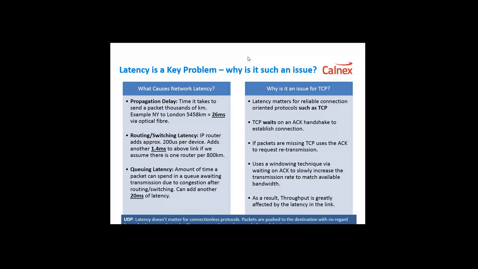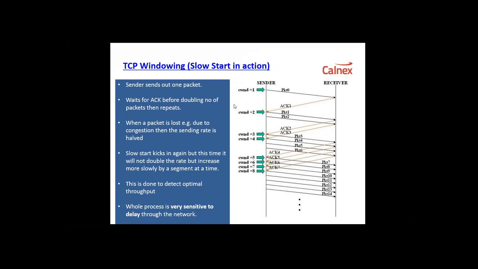So if we now look at the windowing technique that we talked about in a bit more detail, the windowing is the TCP slow start protocol. And slow start, what it simply means, I send up a packet, I wait for the acknowledgement, and then if it comes back successfully within the allowed window, I then double the transmission rate. So I send 2 packets, wait for both acknowledgements, and again, if that's successful, I double it again to 4 packets. So basically, the slow start process allows the packet rates to be doubled.